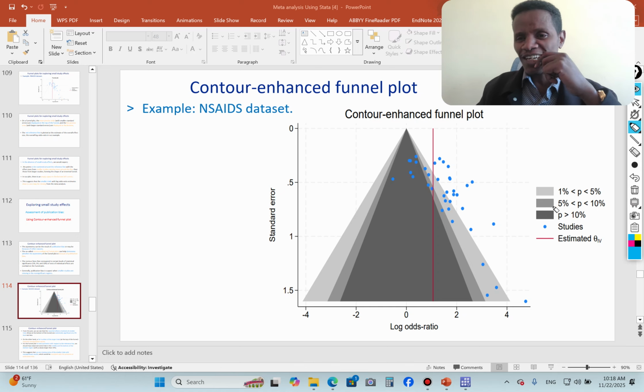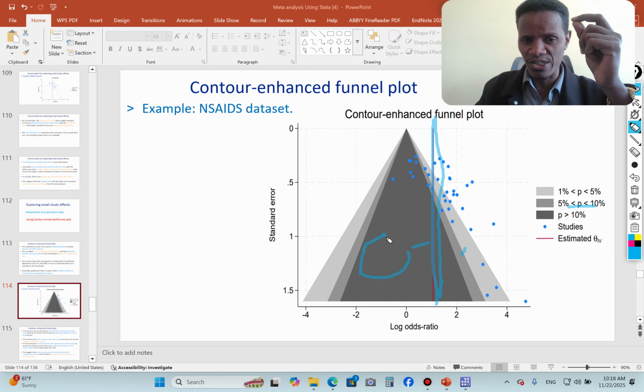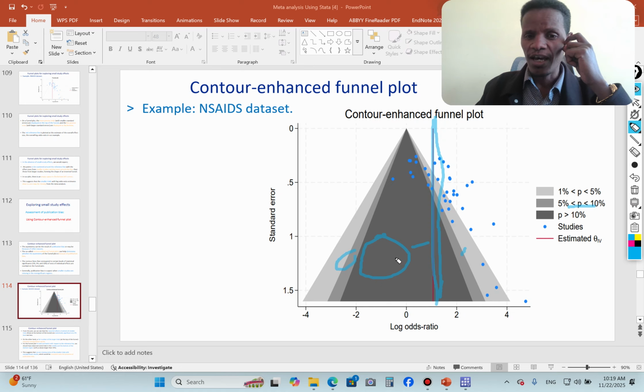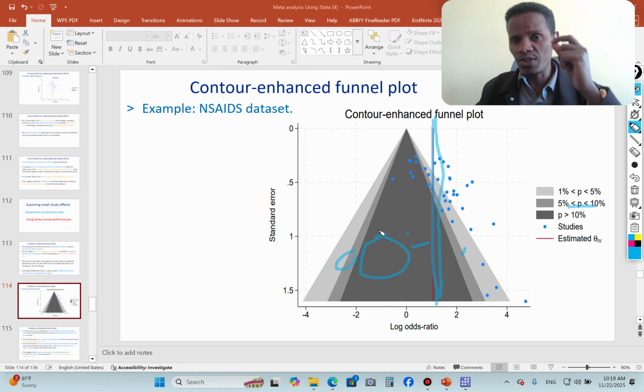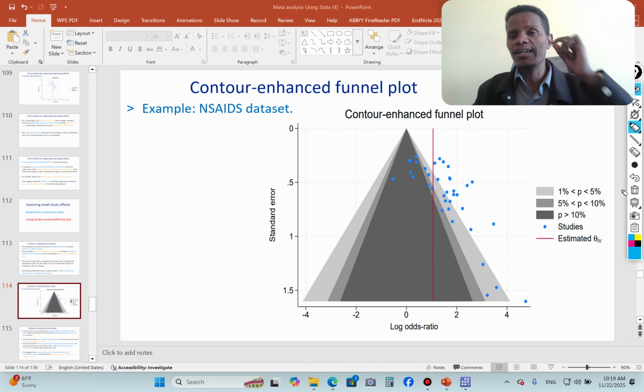Especially if studies are missing in the dark region, greater than 10%, and in between 5 and 10%, over here and over here, on the left side of the vertical line, that is the pooled overall estimate, if small studies are missing from this region, that means in between 5 and 10% and greater than 10%, from this non-statistically significant region,